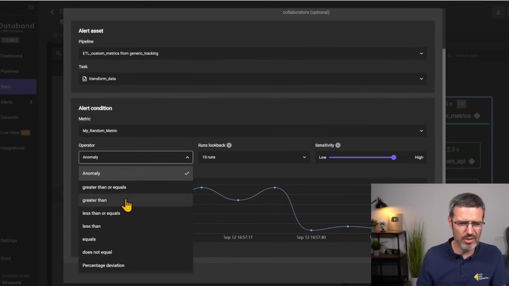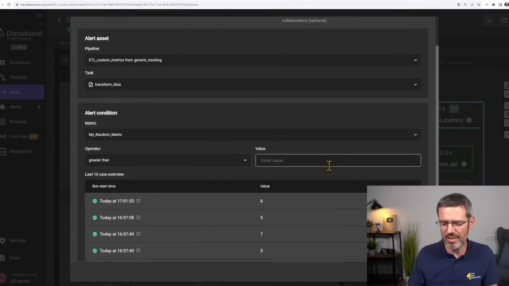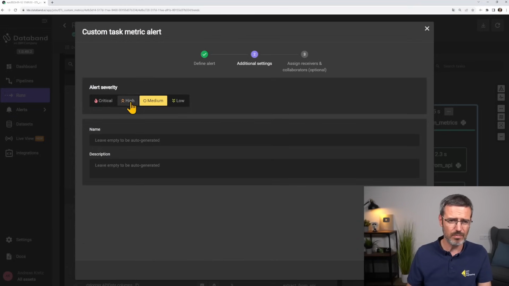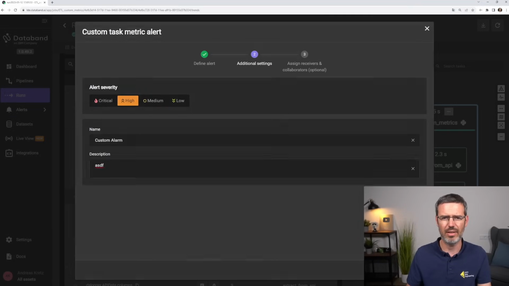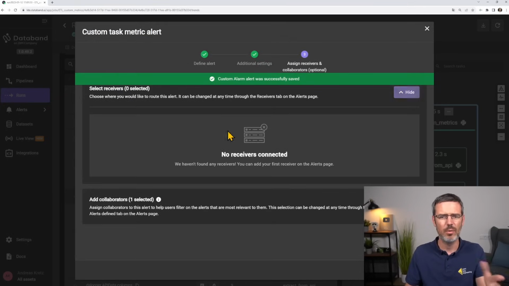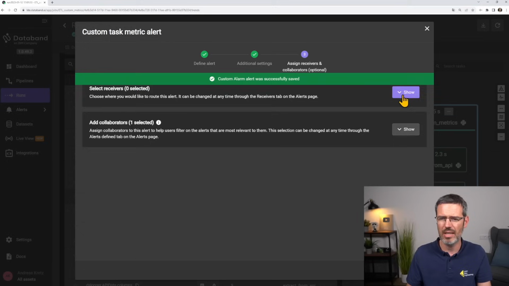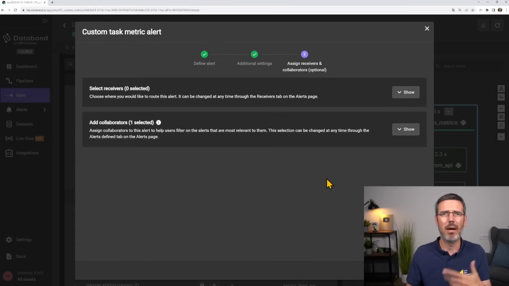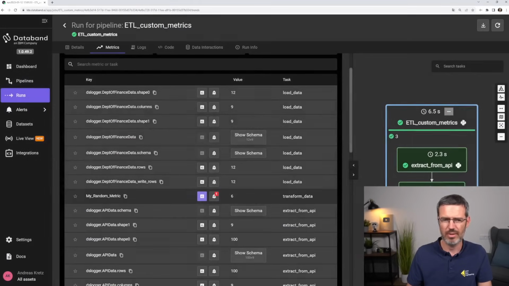So let's just go here. Let's just say greater than, and let's enter as the value 10. We know our random is just between 0 and 9. And then say next. We select our alert severity, custom alarm, then save alert. And it allows you now to select receivers, where to route it to. We don't have any receivers configured, but this also allows you to add collaborators. And this way you say, okay, that's me, that's my user that's going to get the alarm. So done. And then you see here in